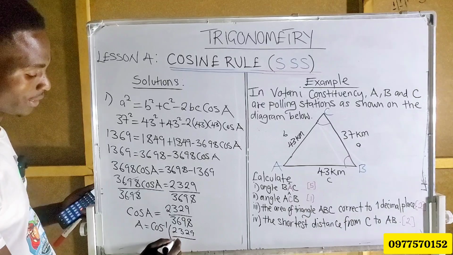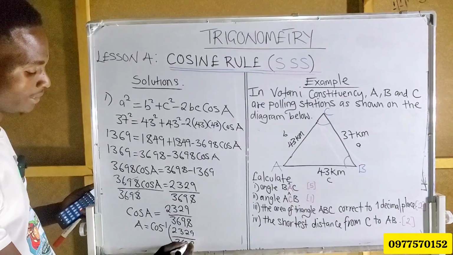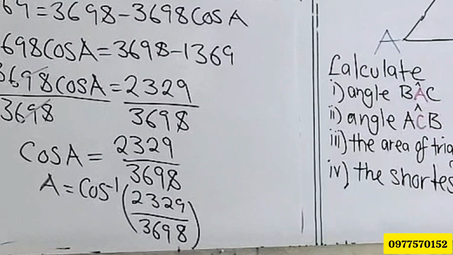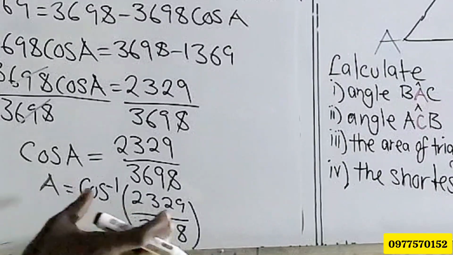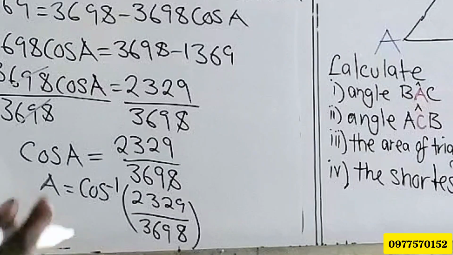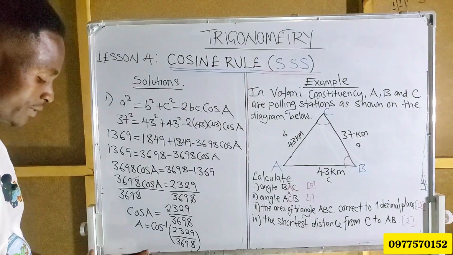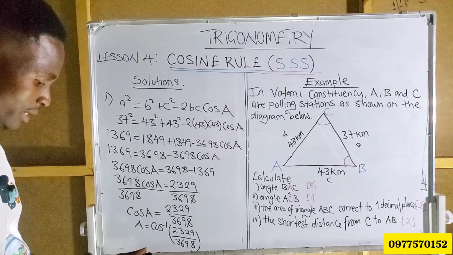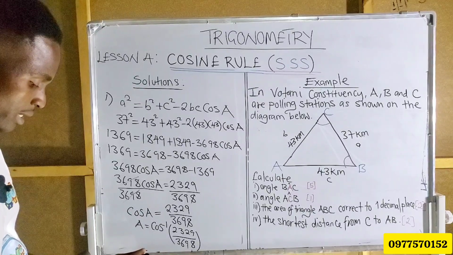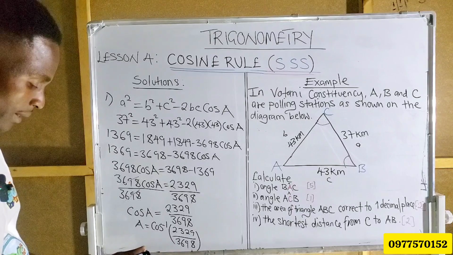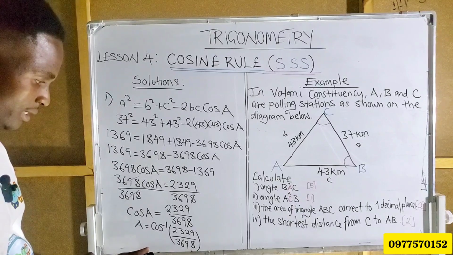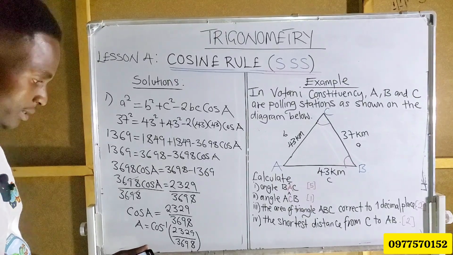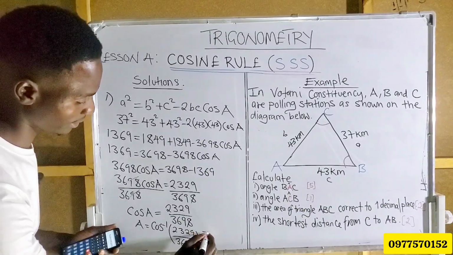2329 over 3698. Is it visible? Okay, yes, it is. So you can punch this on your calculator. What you do is just press shift, then cos, which is cos inverse of 2329 divided by 3698, close bracket. This is giving me